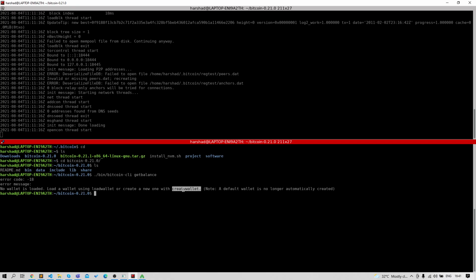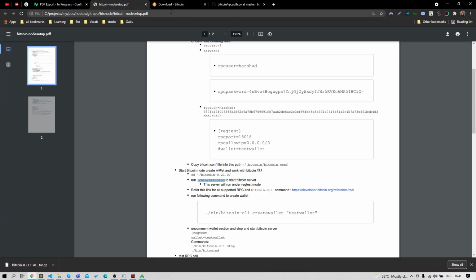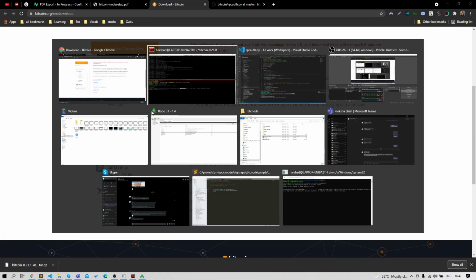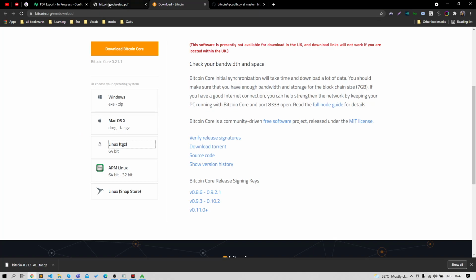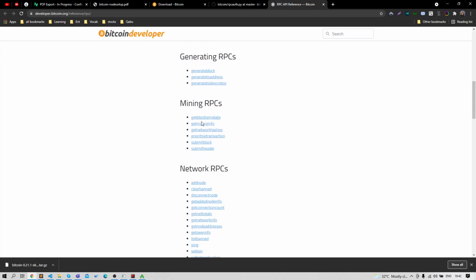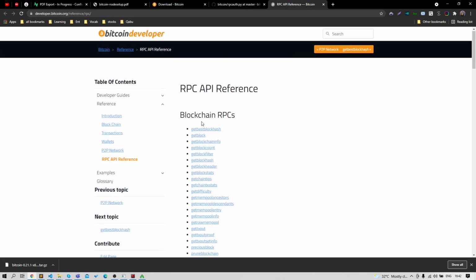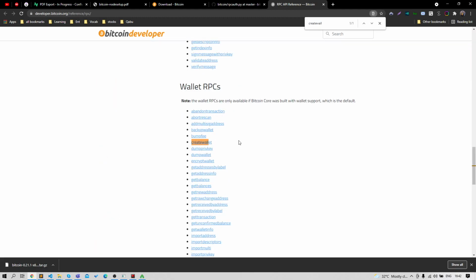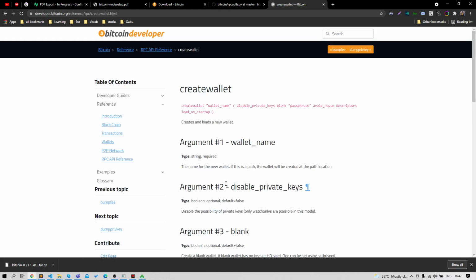This createwallet is an RPC call to create a wallet, and if you want to reference the whole list of supported RPC calls, this is the link I have given over here. In this link, you will see the list of RPC calls supported with our BTC node, and here you find this command createwallet to create a wallet.